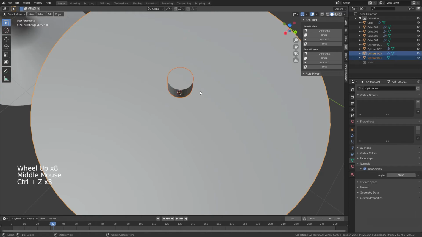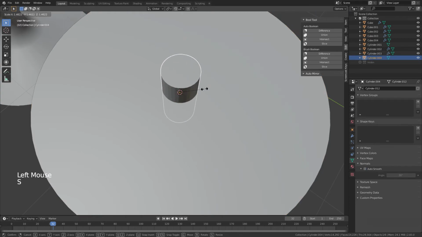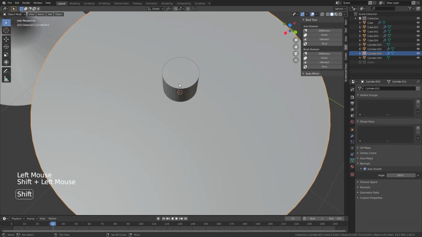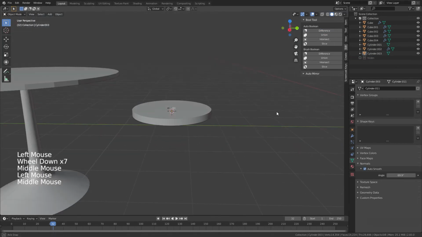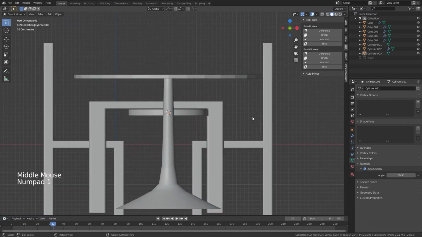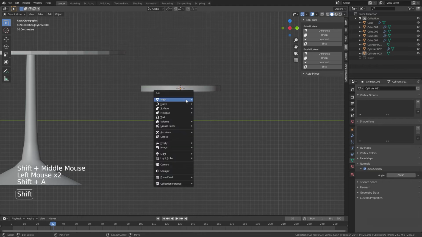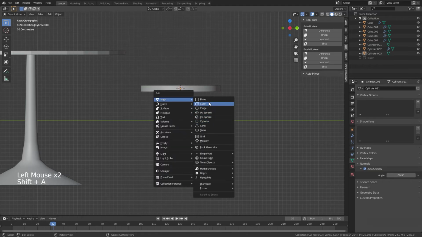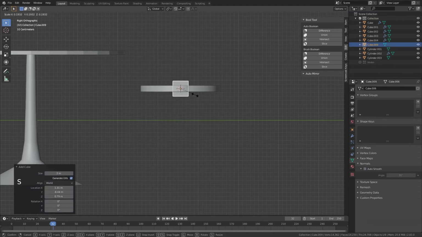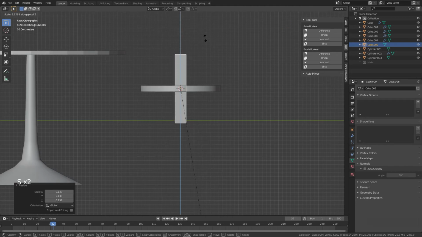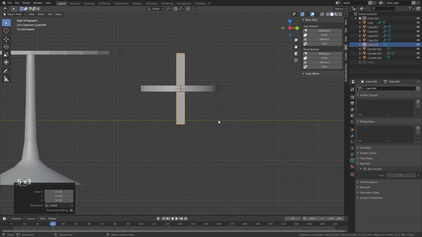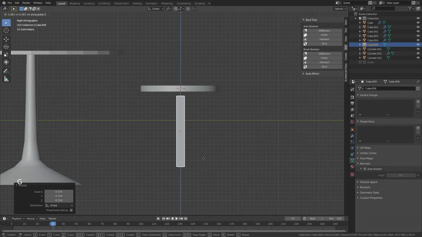Maybe we can scale this a little bit bigger and use the difference tool. Okay, I think this is good. Now we have to add some legs for the chair. We can add a cube, SZ, and S again. I think this is better, and